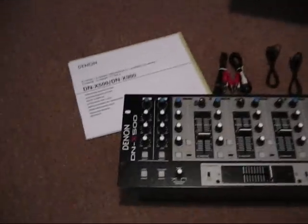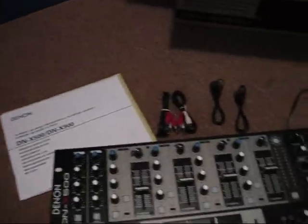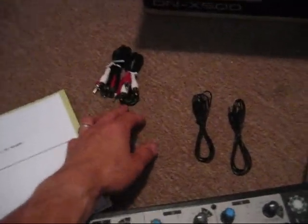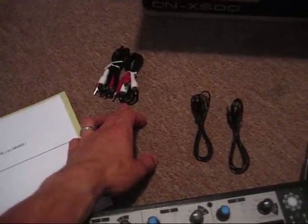I'll just pause. Alright, so here we go. Packaged very nicely. Took it out. So of course here's the mixer, the instruction manual, a pair of cheapo RCA cables, which I won't be using to hook up to anything. I have some nice Monster cables that I hook up to my Numark CDN34, and